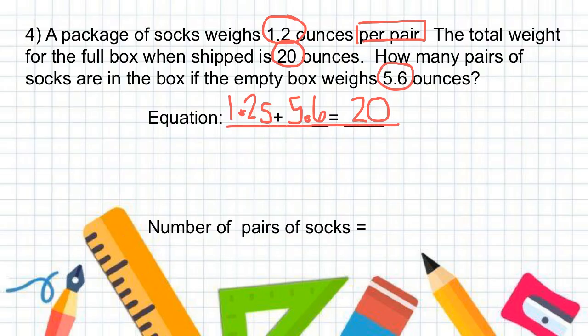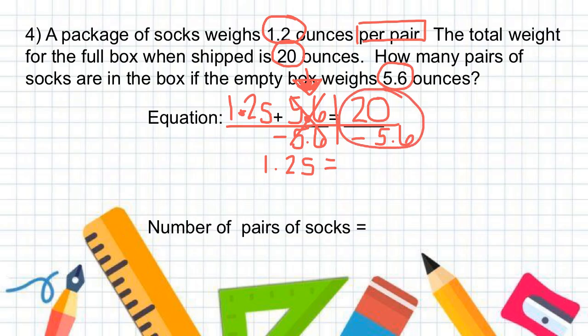All right, because our variable's on the left, this is the constant that we need to get rid of. We need to zero it out. The opposite of adding 5.6 is subtracting 5.6. Legal move says I should do it to both sides. These 5.6's on the left, they zero out. They're gone. They disappeared. And I'm left with just the socks on the left